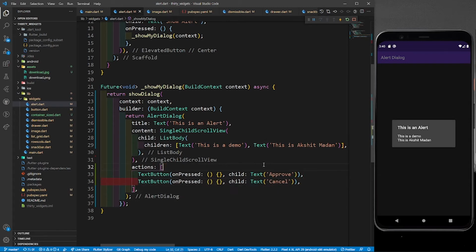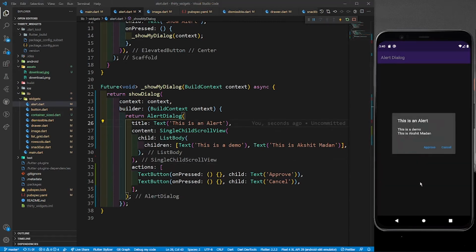And if I just save it, now let me click on the back button, and if I click one more time on the elevated button, I can see that the approve button is there and the cancel button is there, right? Perfect. Now let's say whenever I click on this cancel button, I want to remove this alert dialog box.